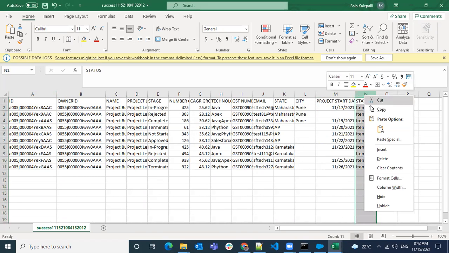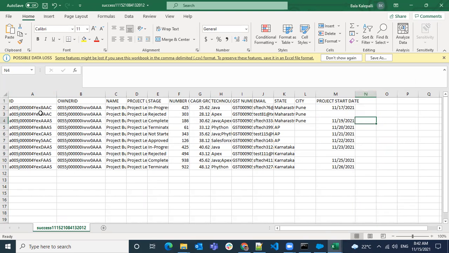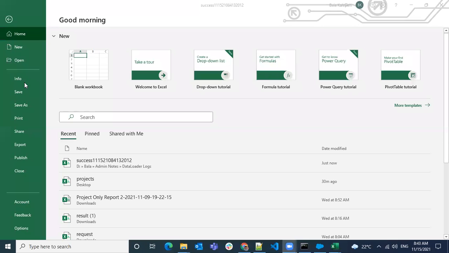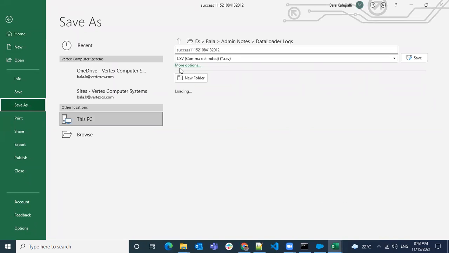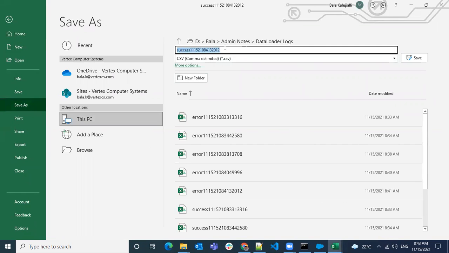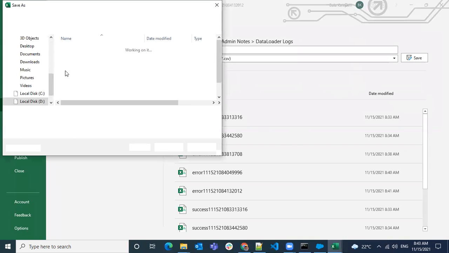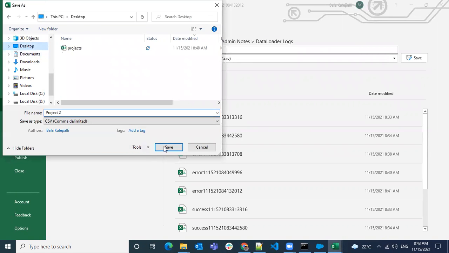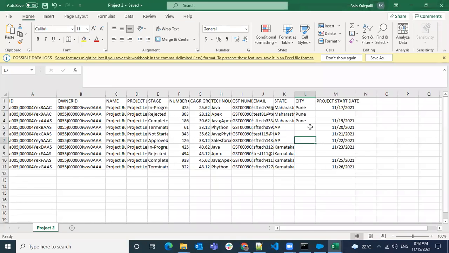Now I don't want this status anymore. So I want the Salesforce ID to use to update the records. Okay, and everything is fine. I will save this as a different file, save as CSV file, and I will just save it as project 2 on my desktop. Okay, done. It got saved.